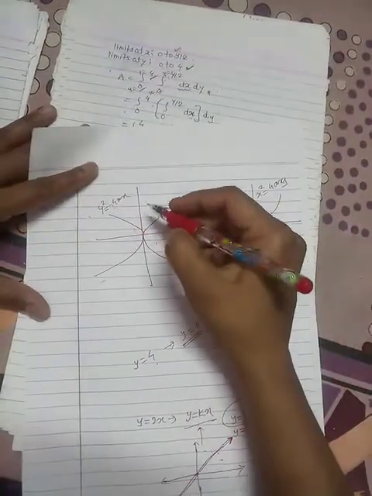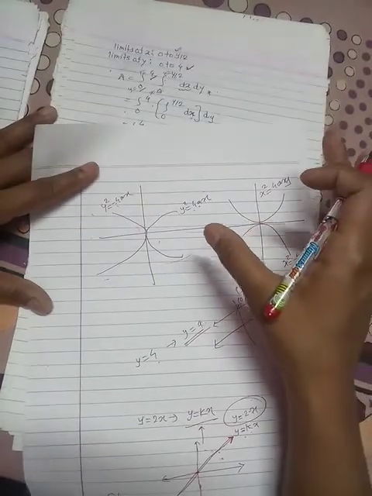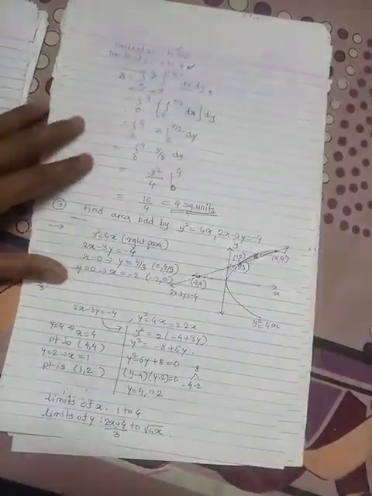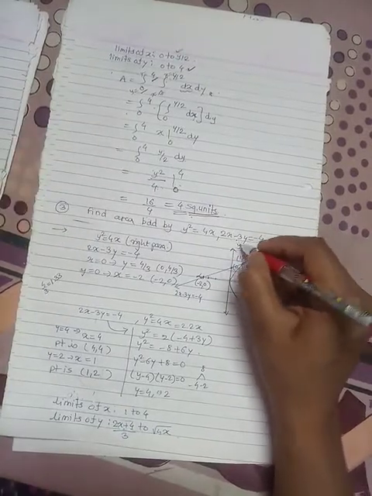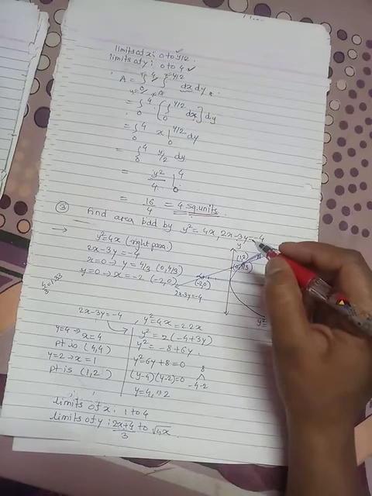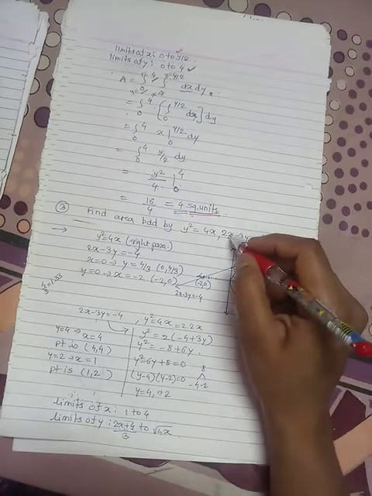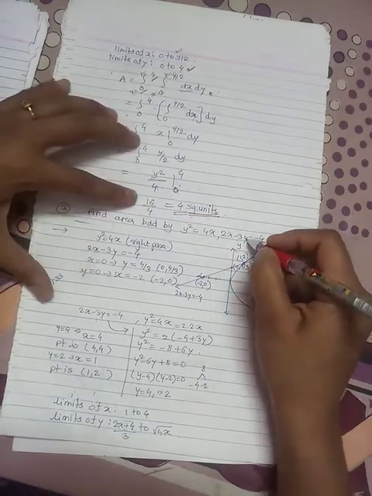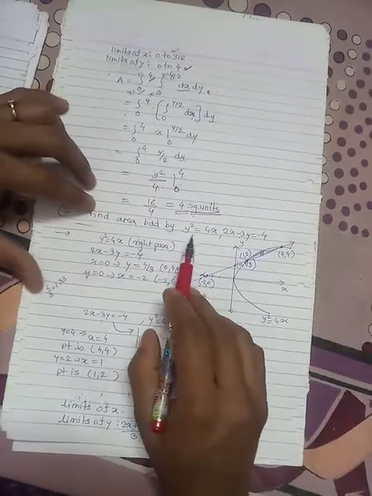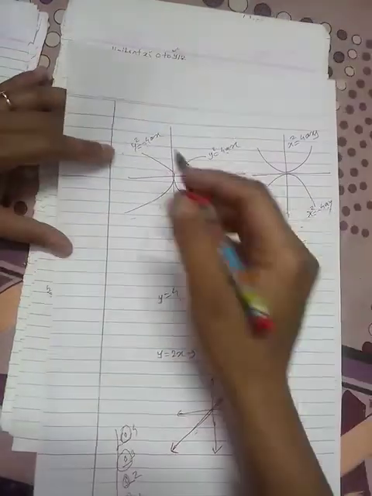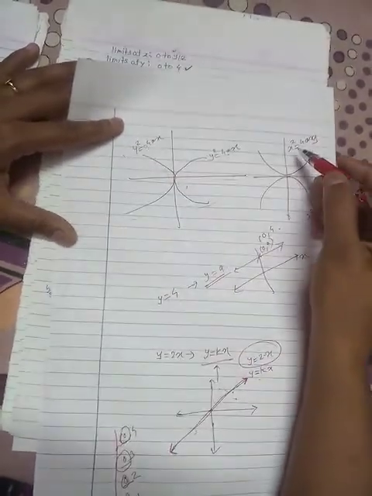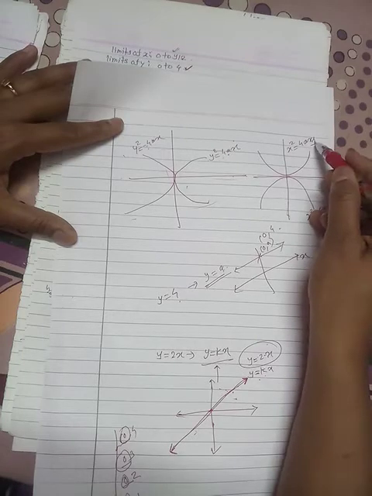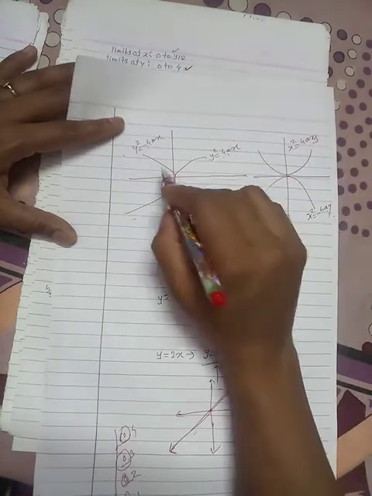So how to guess whether the given equation is of a parabola or a straight line? We can guess a straight line equation by seeing the power. If the powers of x and y are 1 and 1, then that equation is of a straight line. And if the y power is 2 and x power is 1, or x power is 2 and y power is 1, then we can guess that that equation is of a parabola.